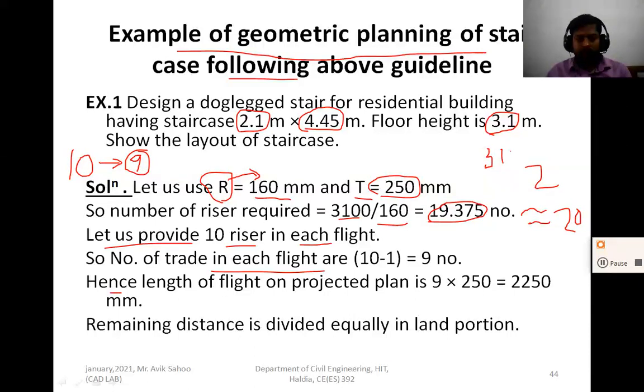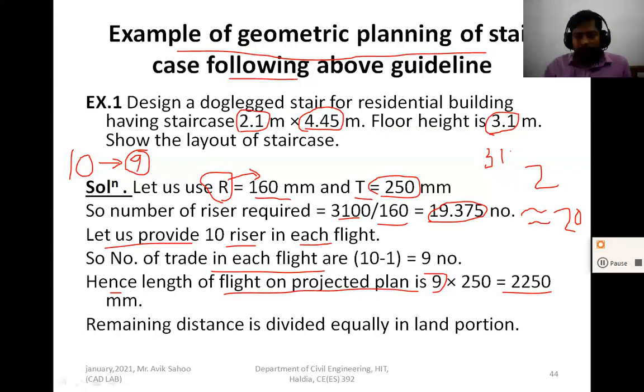So hence the length of flight on the projected plan: tread width is 250, so the horizontal length of flight is 9 into 250, which gives 2250 mm.